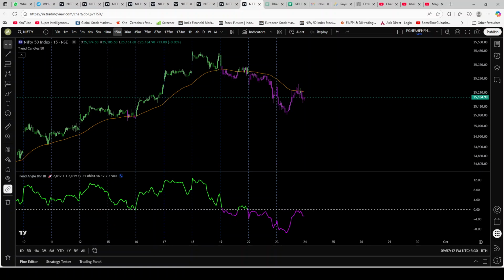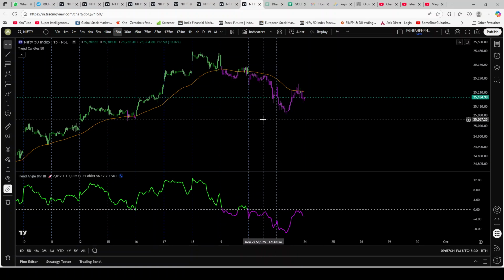Actually, FIIs have got very good values to sell at. In my view, they are exiting at very good valuations, and DIIs are going on pumping in money. I just hope the market does not correct too drastically. Let's just see. I don't think there's a drastic correction in place, but I do think that this market will